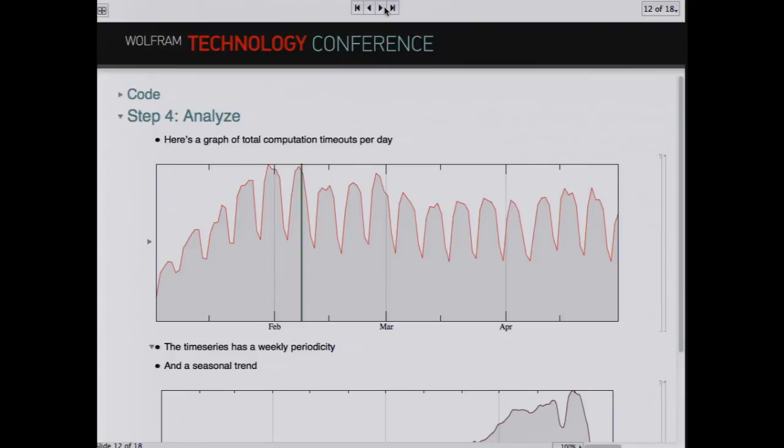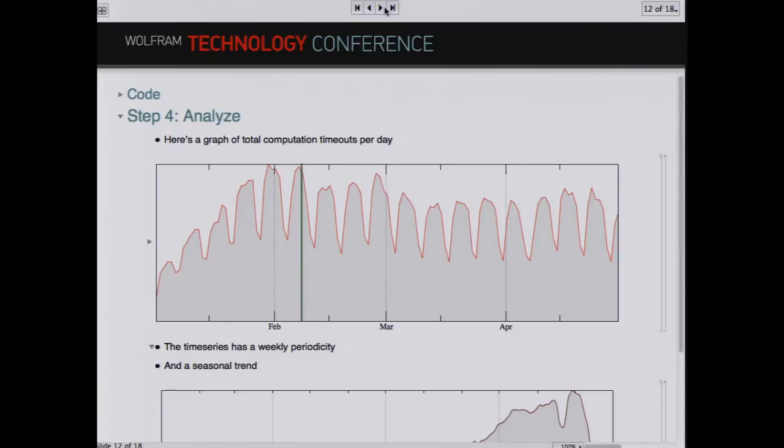Now once I've loaded the data, I can visualize it. So here we have a graph of the total number of computation timeouts per day. Now this chart isn't telling us anything. It's not telling us a story. All we know is that it has some sort of a profile.